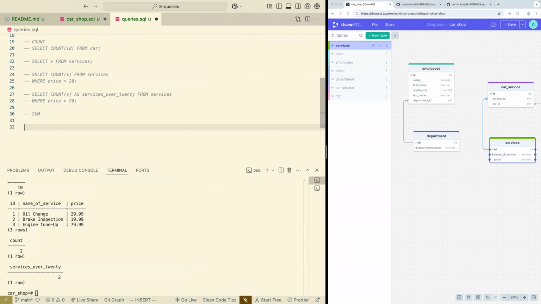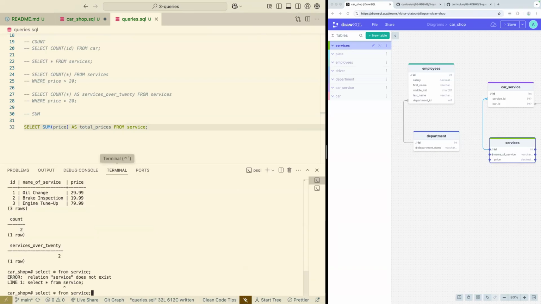There's also sum. And this isn't that useful by itself because the service table tells us, just to remind us,